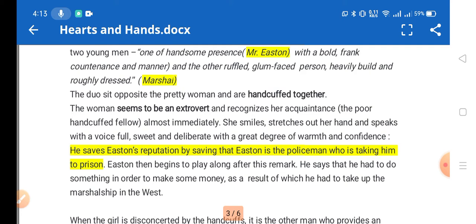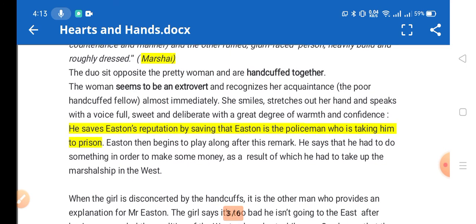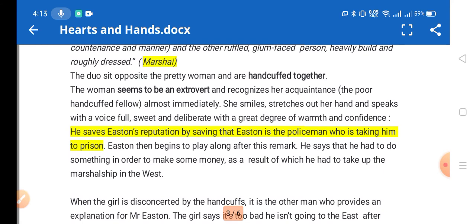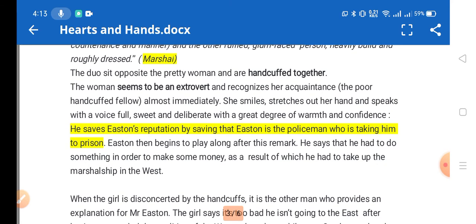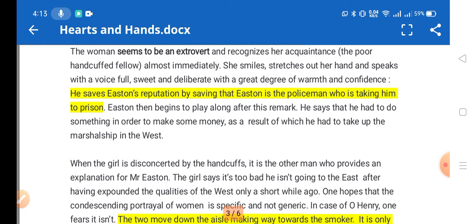And the two sit opposite to the woman, and the woman was surprised to see that the men were handcuffed together, and the woman seems to be extrovert, and she recognized her acquaintance, the poor handcuffed fellow, Mr. Easton. She recognized him as they are familiar with each other from before, and she smiles, stretches out a hand and